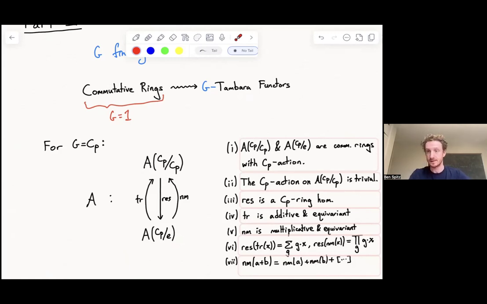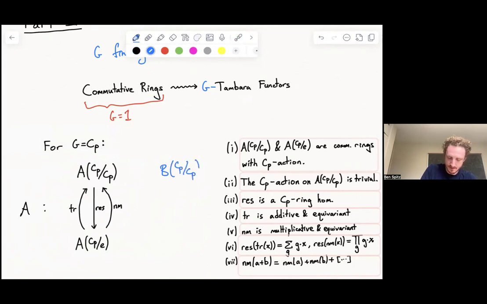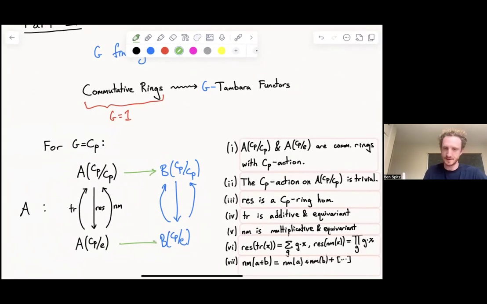So I guess I should say, what is a morphism of Tambara functors? That's where I would have another guy. Maybe I'll move this guy over. So here's A, and maybe I have another guy, B. So here's B of CP mod CP, and here's B of CP mod E. And I've got these 3 maps. And the data of a morphism between the 2 Tambara functors would be 1 ring homomorphism on top, 1 ring homomorphism on the bottom.